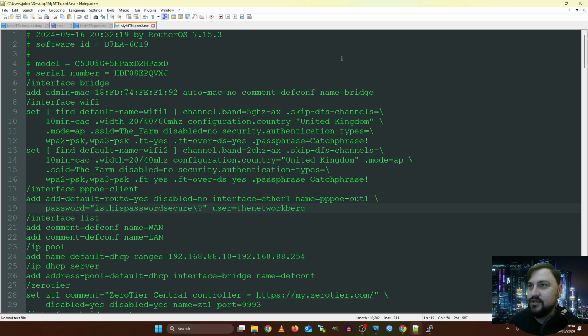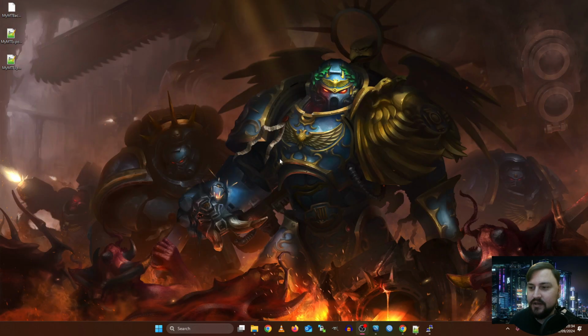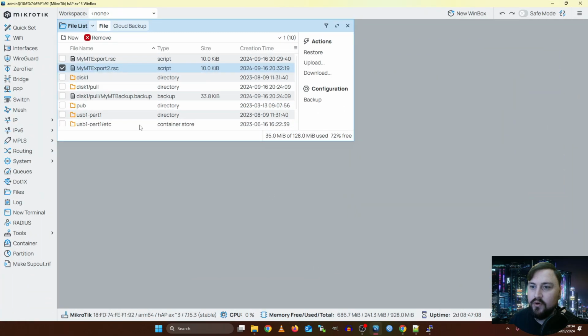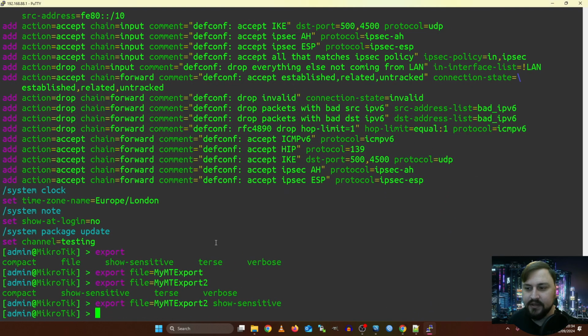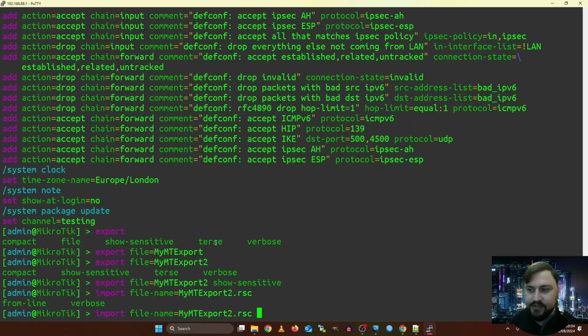Alright, so this is just how the configuration file looks. But what's interesting is you can actually import these RSC files inside of your MikroTik. So if I go back onto Winbox and I open up the terminal, actually I can just do it from my terminal editor in Putty. So instead of an export, you could do an import, and now you can specify the file name, and I could make this myexport2.rsc, and when you hit enter, it will actually import this file in the script-like format